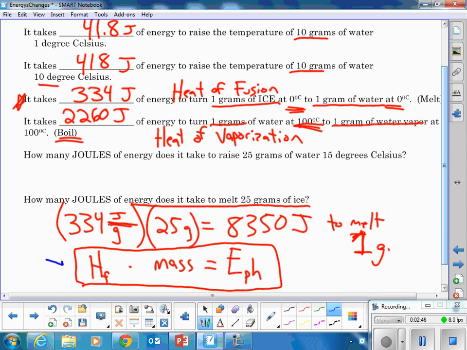This is the equation we're going to use for a phase change. If we don't melt, if we boil, we'll just change this heat of fusion